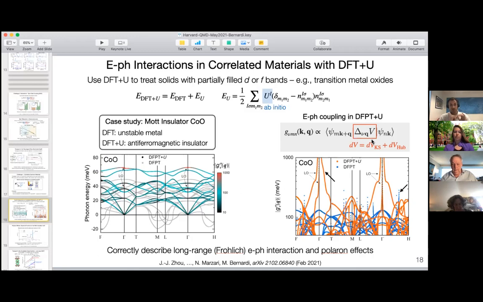The question whether you use a fixed parameter: you can use it as a fixed parameter. However, in this work, we have used the linear response approach to also compute U from first principles, which was developed by Matteo Cococcioni, who's one of the authors of this work, a few years ago. I believe the tools are present already in Quantum ESPRESSO to do these linear response-based calculations of U. So at this level of theory, you can still claim that there are no free parameters, because even the Hubbard term U is computed from first principles.